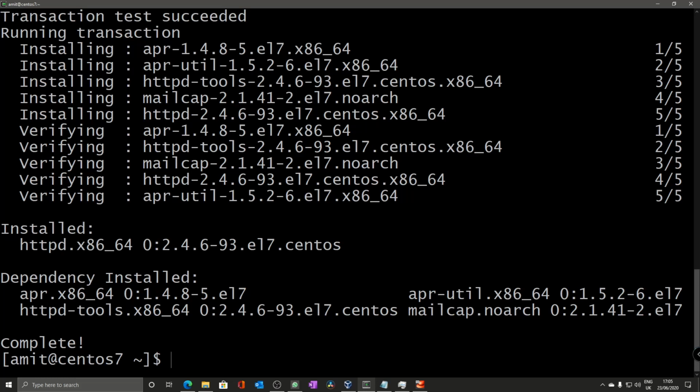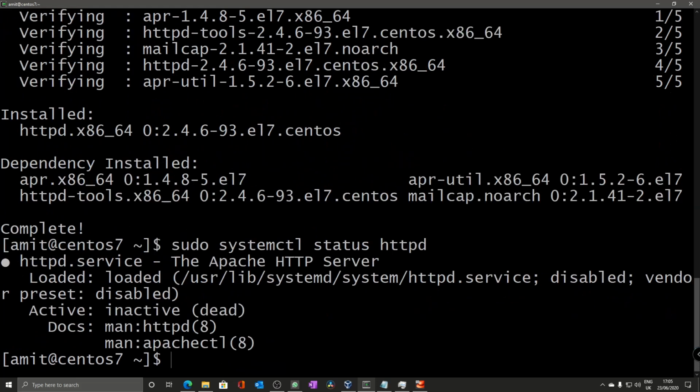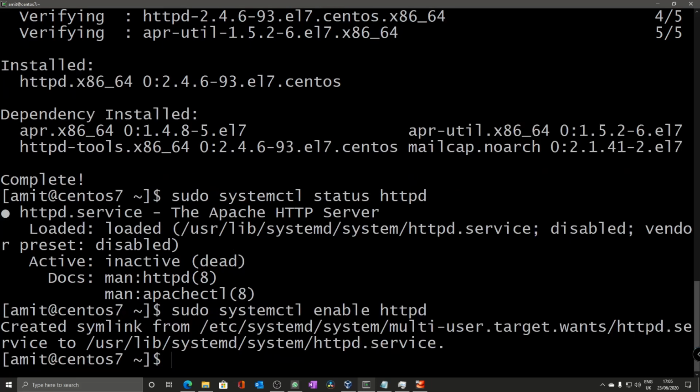Right, so the next thing we need to do is to enable it. So I usually use a tool called systemctl status followed by the name of the service to check to see if a service such as Apache is running, and in this case it is not. So what I would do is enable Apache to start up automatically on a reboot as follows, and start it up